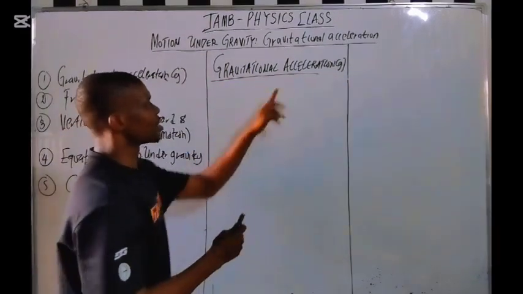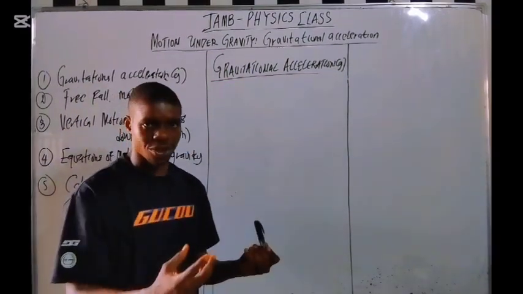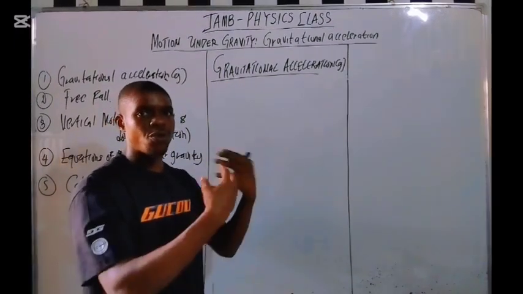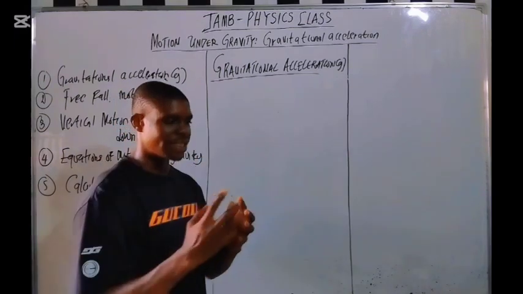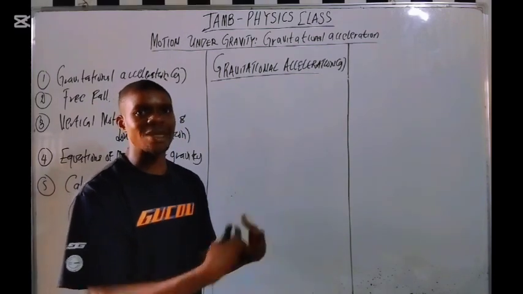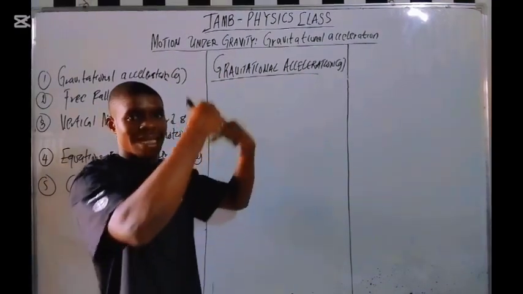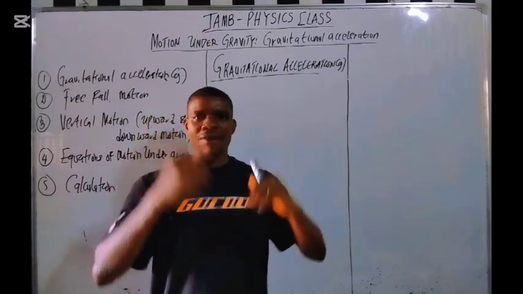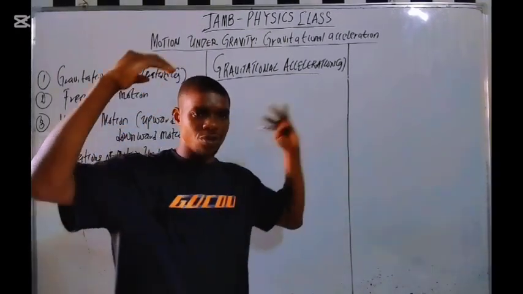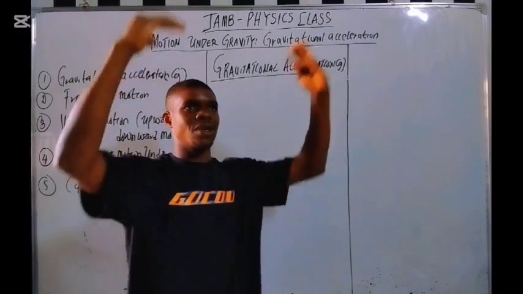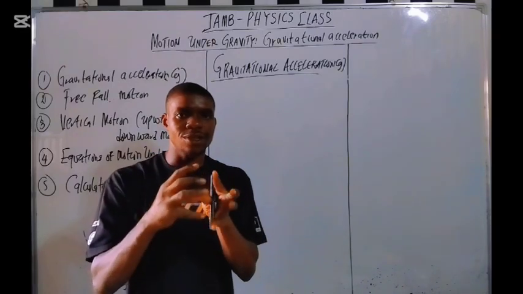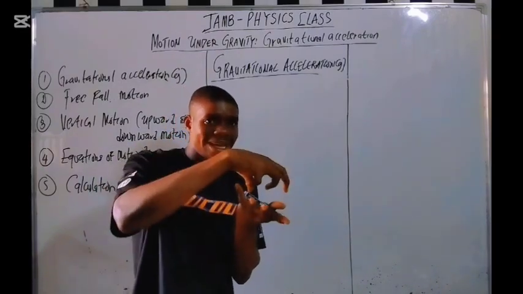So what is gravitational acceleration? Gravitational acceleration is the rate at which an object speeds up when it's forced down to the earth. Now let me explain it again. Have you ever witnessed those people that dive, or those movies you used to watch, when they're in a plane and they dive down? The rate at which an object speeds up as it falls down to the earth is called